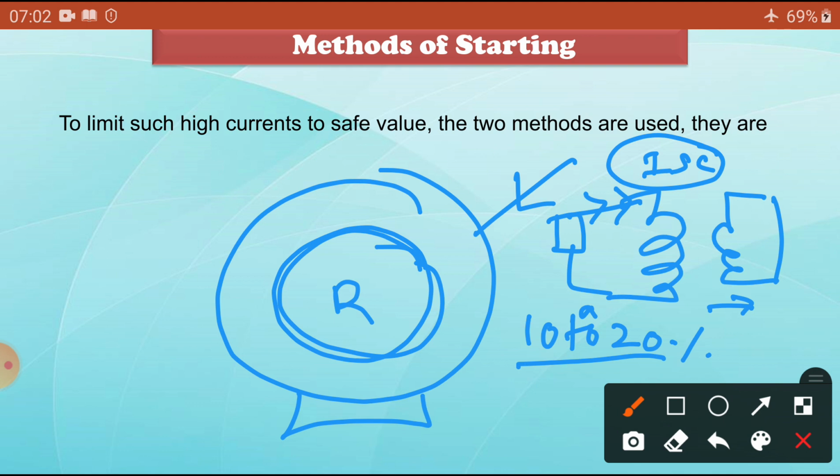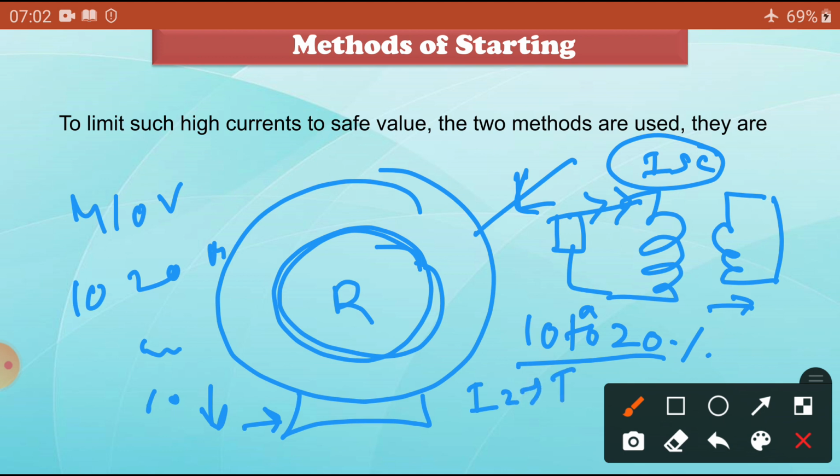Similarly, initially we have to give some reduced voltage. How are we going to reduce? Instead of 410 volts initially, I can give, for example, 10 volts, 20 volts, 30 volts, 50 volts, 60 volts. Due to the low voltage we give, it will also develop its I2 current and produce a torque, and the torque will try to rotate the rotor. Once the rotor is rotating, the slip value, which is called S equals 1 at standstill, decreases. Once the slip value decreases, the I2 value also decreases.